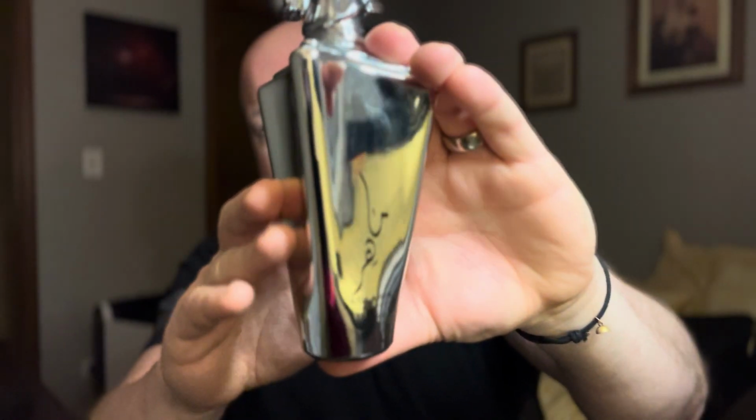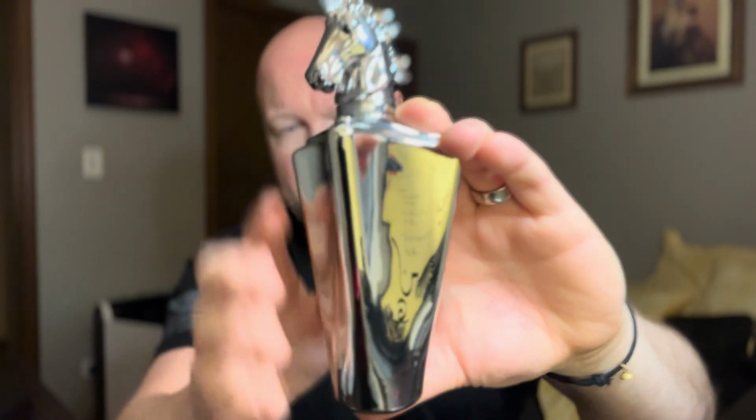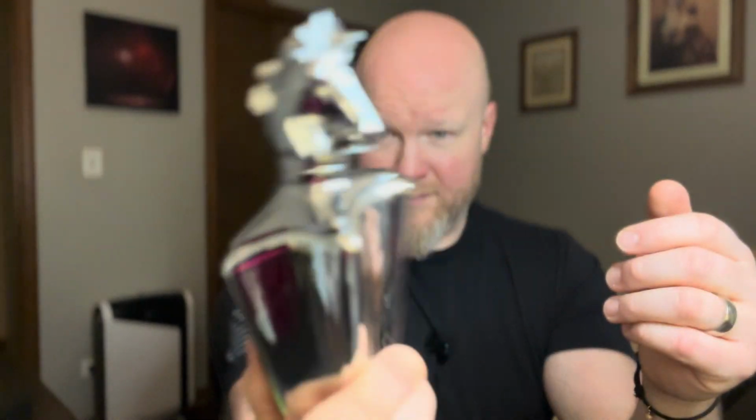So spray behind your neck with these. Try not to spray in front of you, because I do go nose blind to this. I'm sure you will too, but I got this for the sub $30 range. It was in the $20 range. Really good stuff. I'm not a fan of the bottles, to be honest. But yeah,